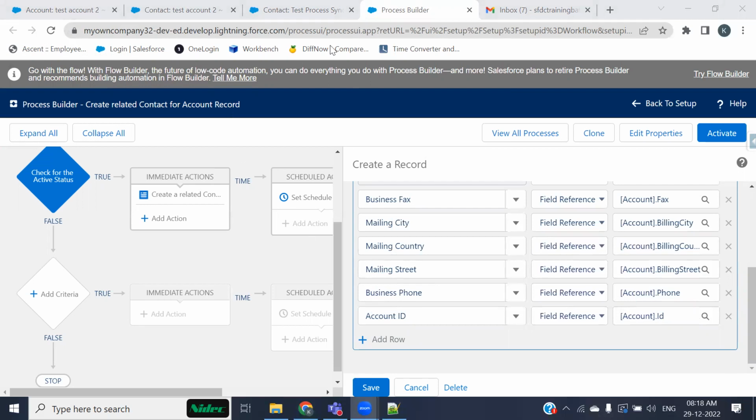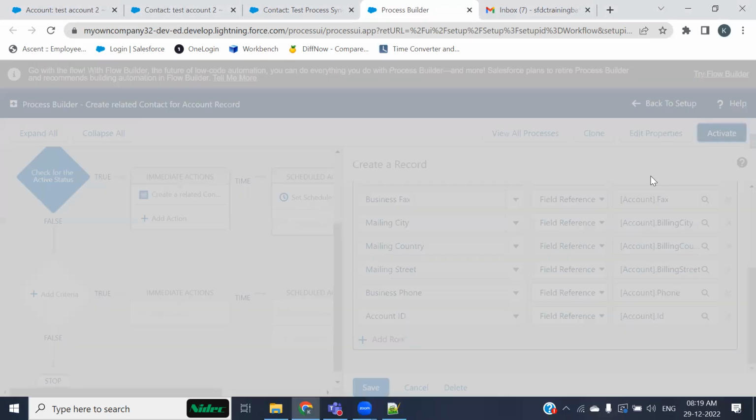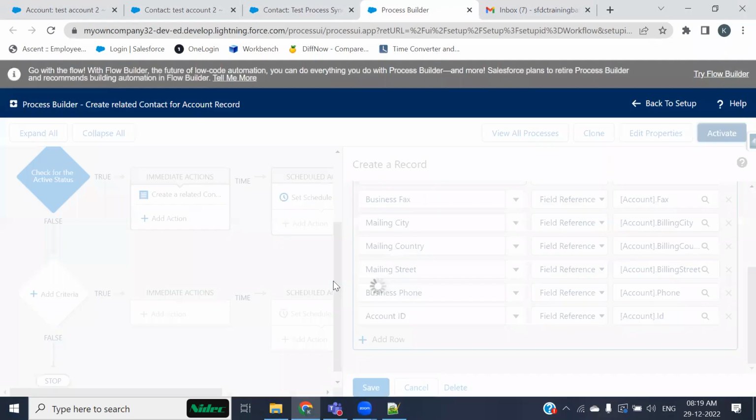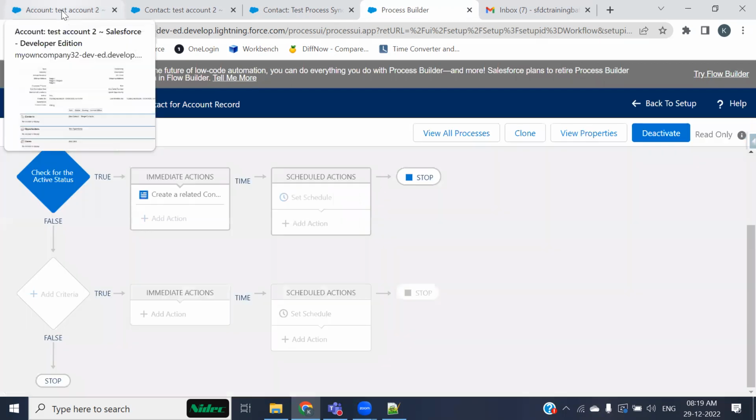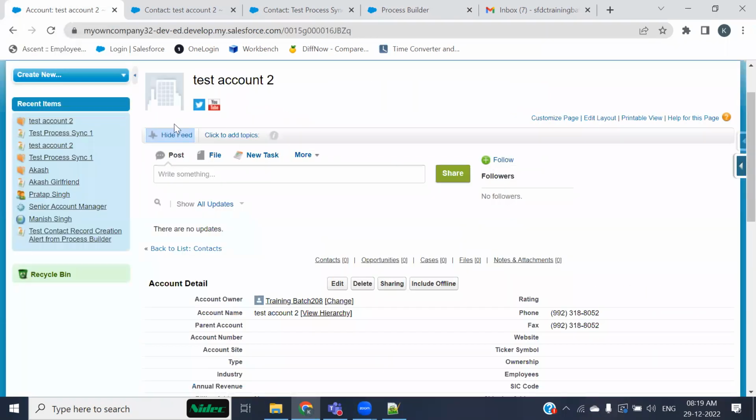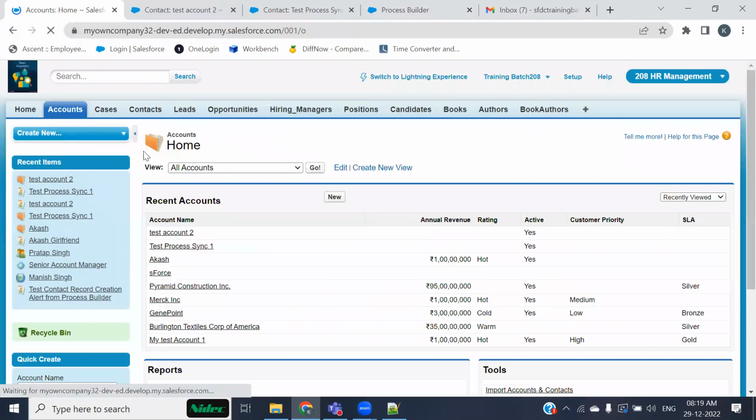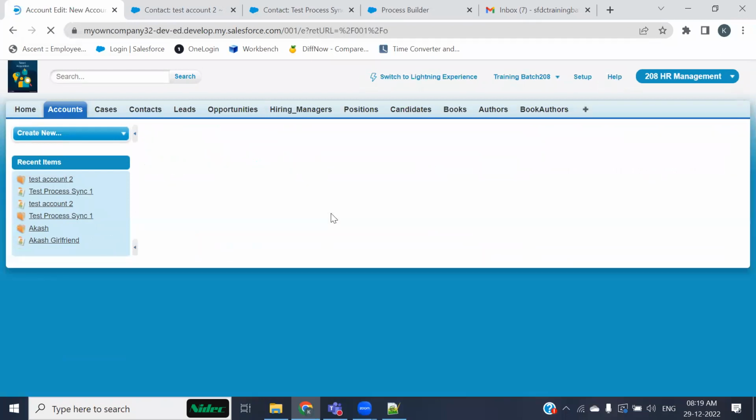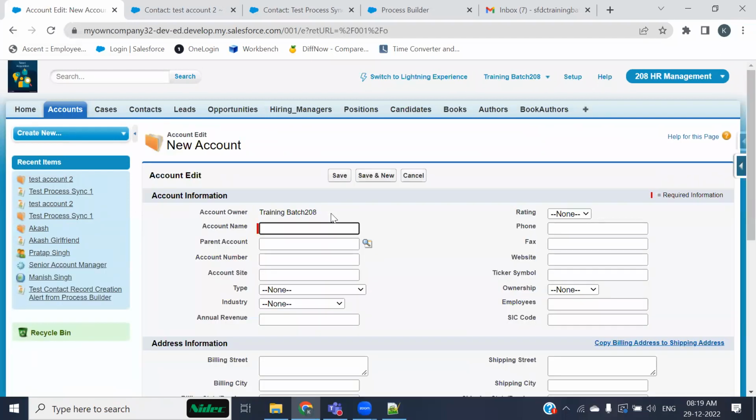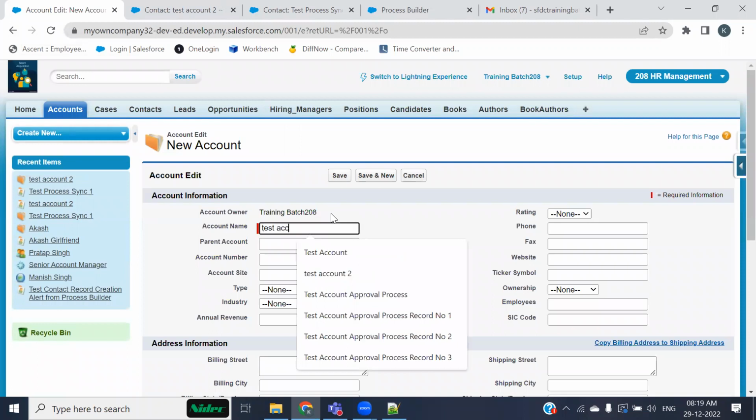Right, anyways, let me now supply this account ID and activate this, and let's see what happens now. All right, so I'll go with account once again, because I have put the created condition, so I will have to create a new record. This time I'm making this as test account